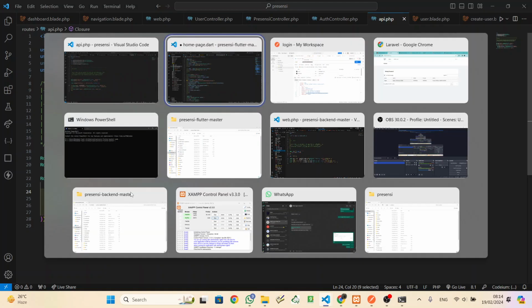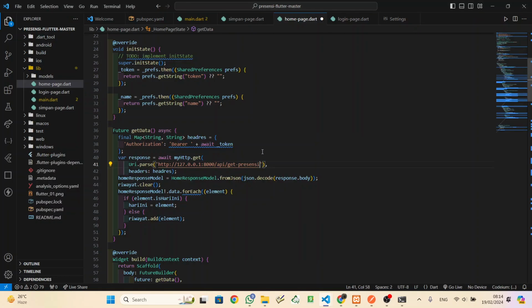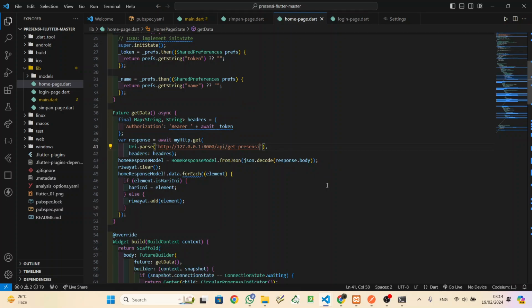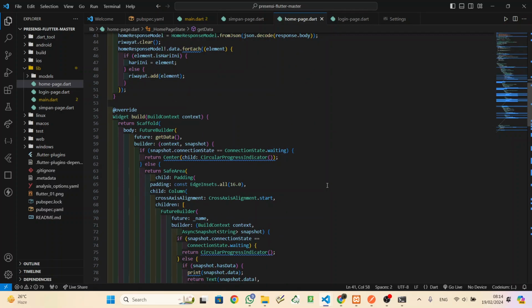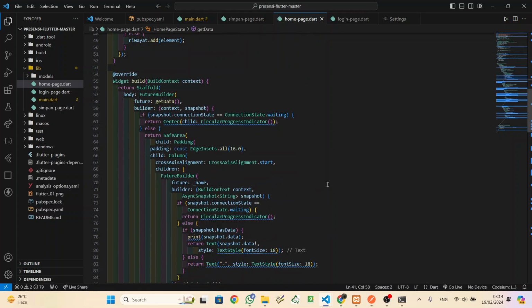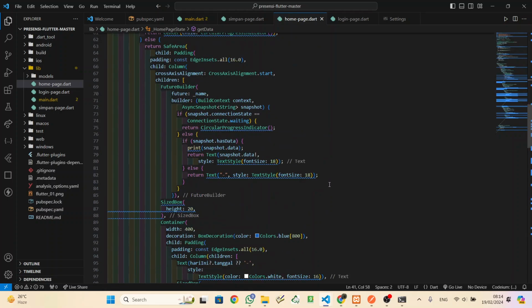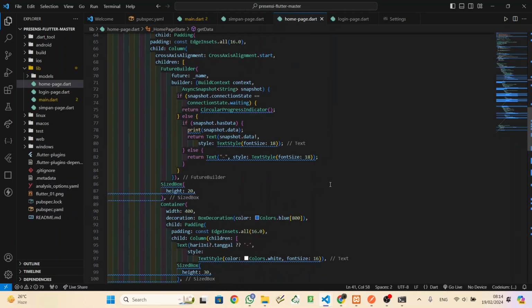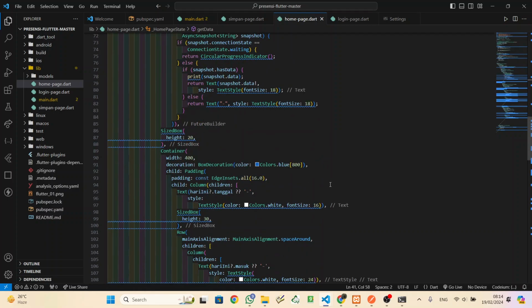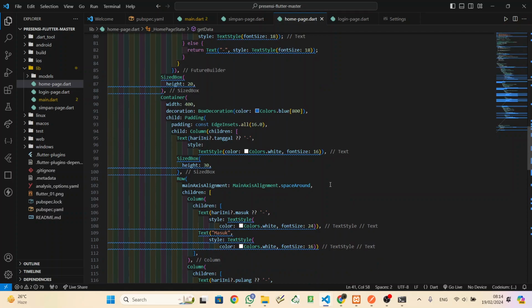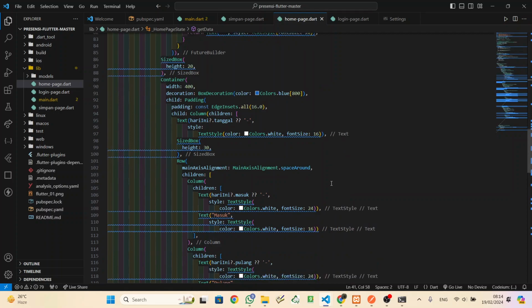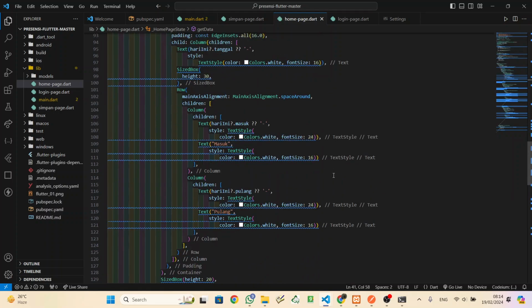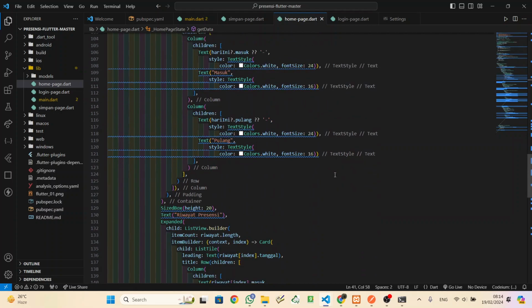Yeah, get presensi. Save. Okay, you can pause if you want. It's just for the view. You can use whatever you want. You can also modify that, customize that view.